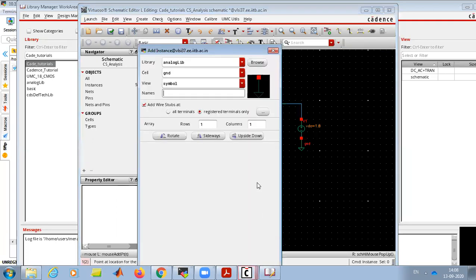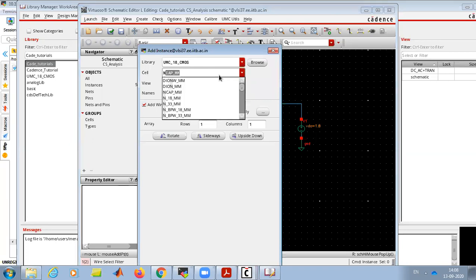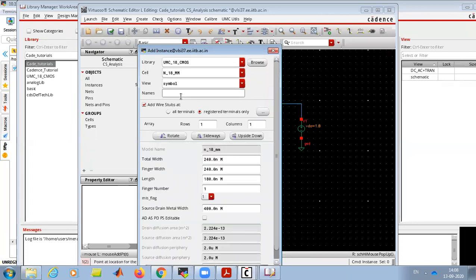Now we'll add a transistor from UMC. We are taking this N1, it's like a 1.8 volt NMOS transistor. For now, I will just put the length of one.